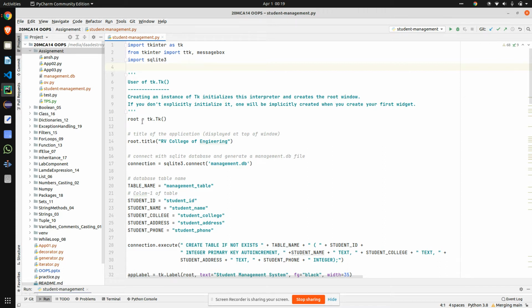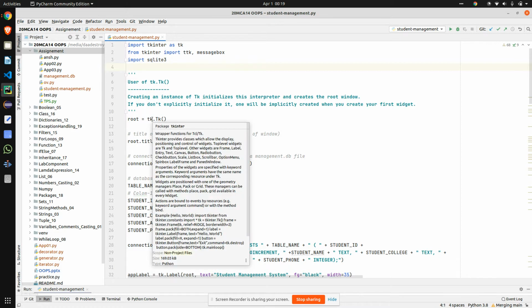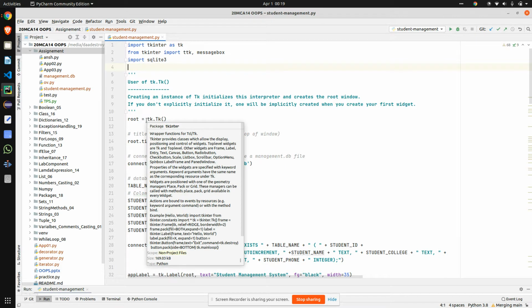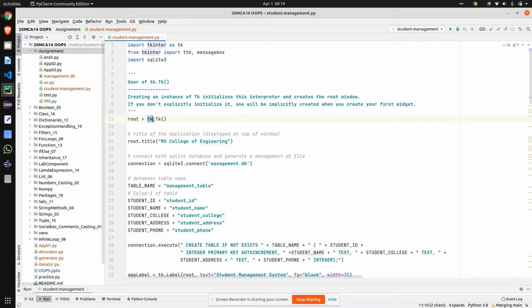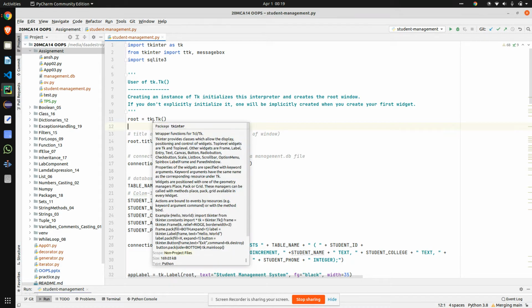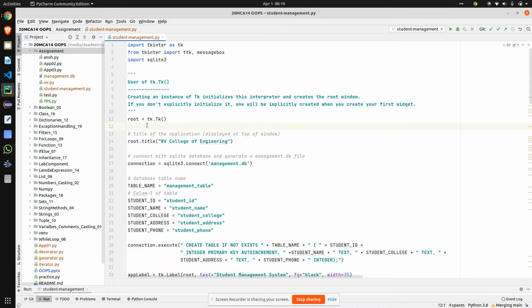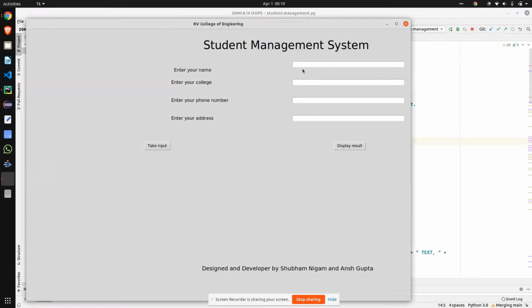So first of all, as you see, I import Tk as a variable. Now I am calling Tk, which is a function present in Tkinter. By this I am creating an instance window which I am storing in the root variable. With its help, I am creating this particular window for our application. If I show you, this is the particular window. As you see, this window is coming.